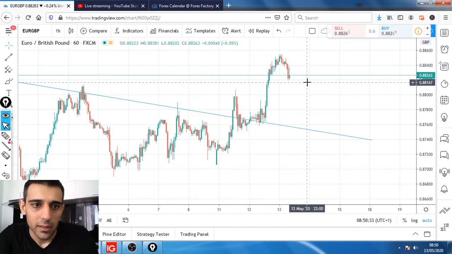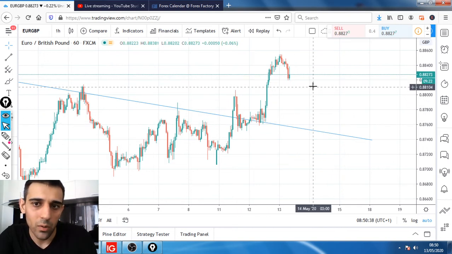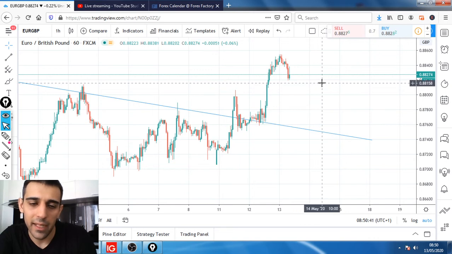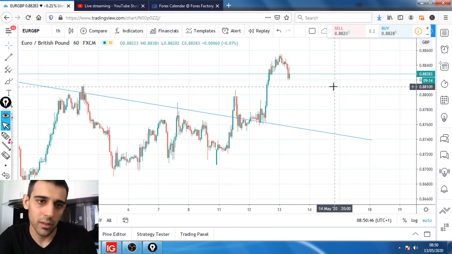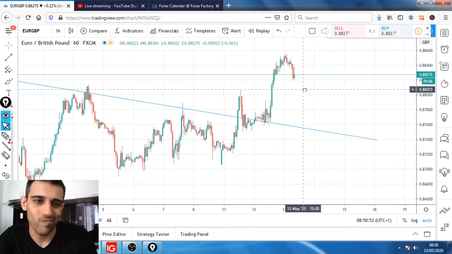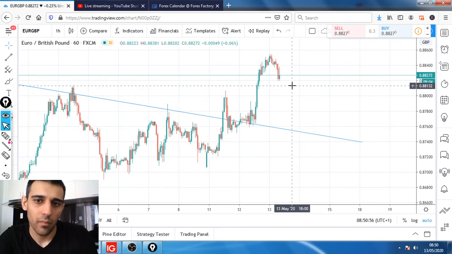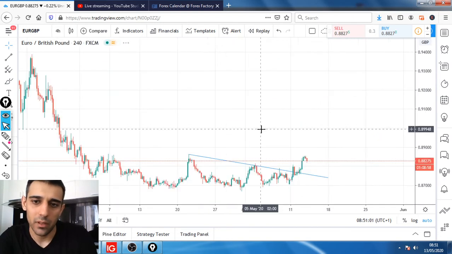Okay, this one does. So we can target the 88.10 or 87.90 area, so more like 88.10. As a day trade, maybe I don't want to take so much. 88.10, that's at 20 pips, just under 20 pips. Okay, yeah, I don't think that's going to work on short-term trading.